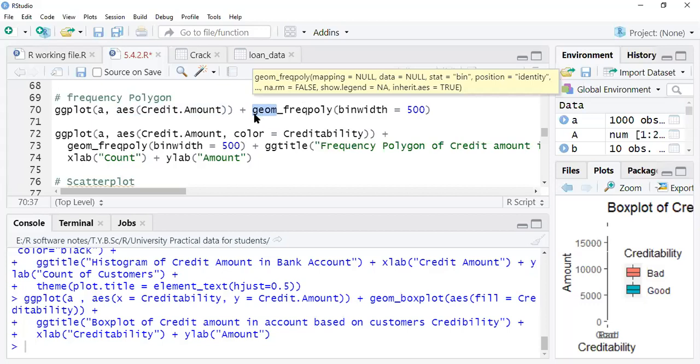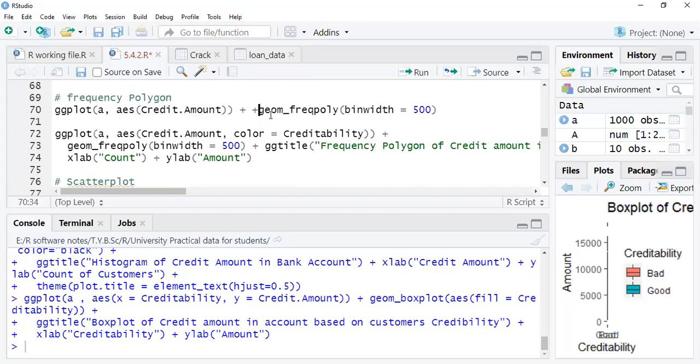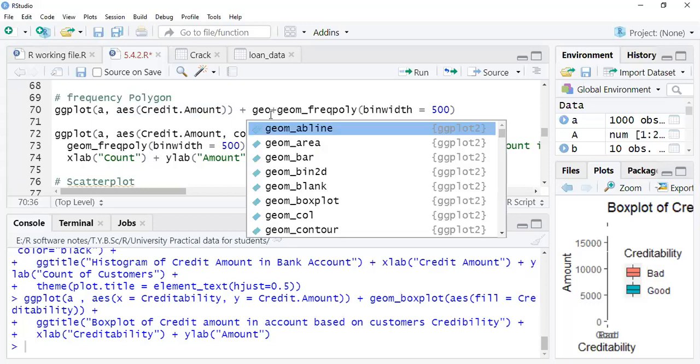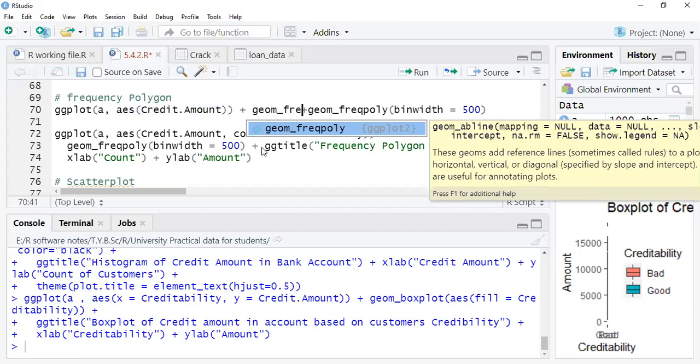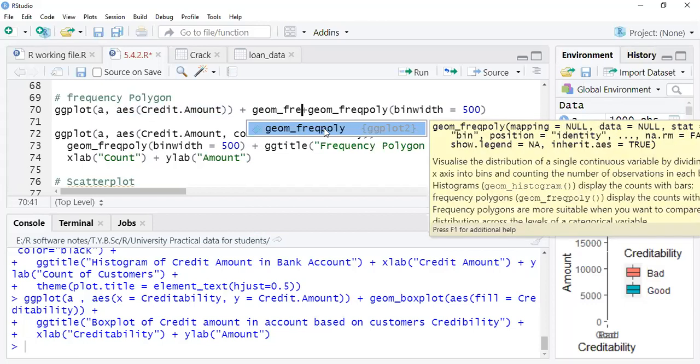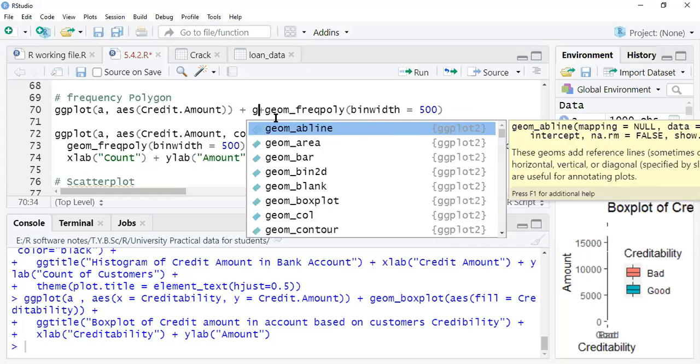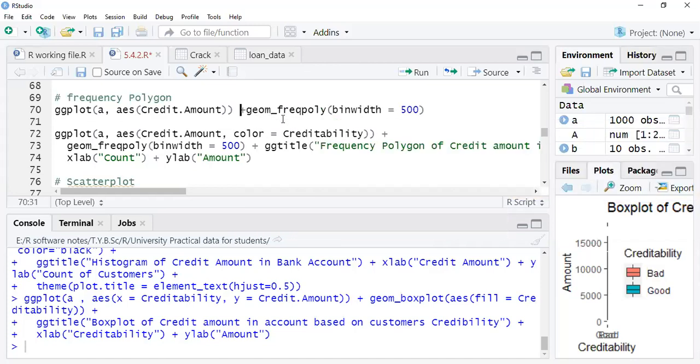If you just type geom_ and then type freq, automatically this code will be shown to you. You don't need to memorize any codes. You just have to remember the first few letters for drawing a frequency polygon, and it will show you. So it is geom_freqpoly. I use a bin width of 500 because of that problem.